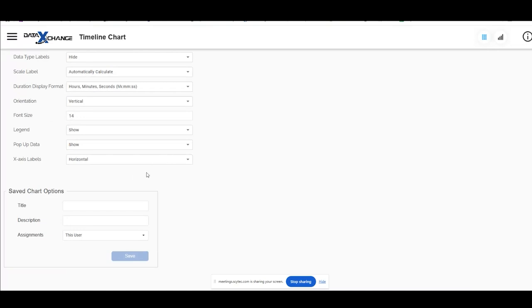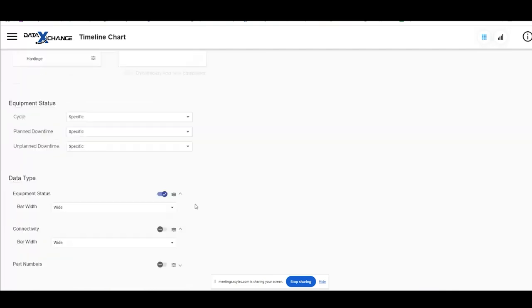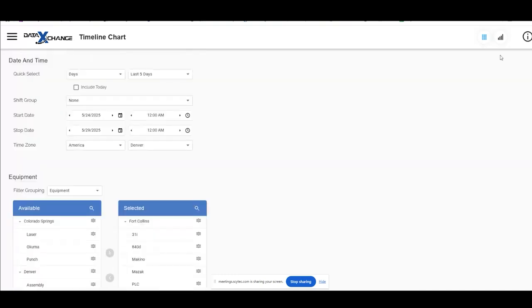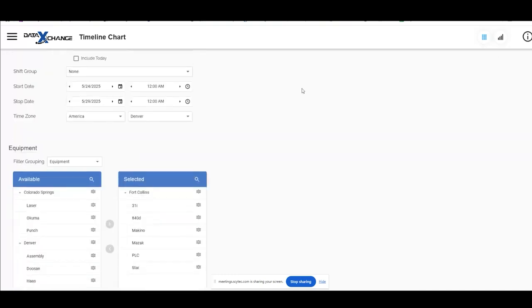So that you can skip all this filtering. You can also have the ability to save this chart where it can then populate back out in the data display launchpad that I showed you earlier. So you don't have to keep doing this filtering every day. So once we've done all the filtering for all the machines and shifts that we are looking